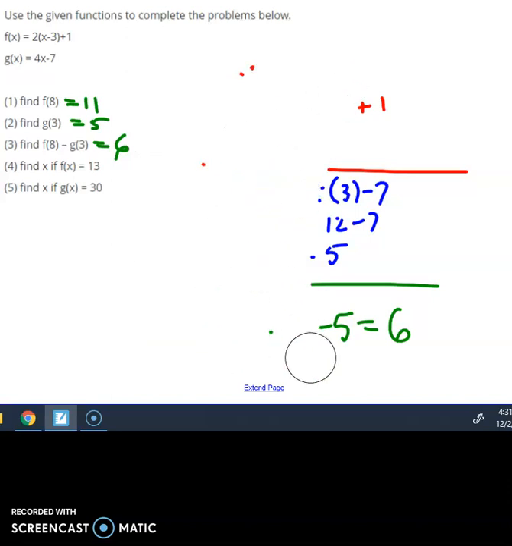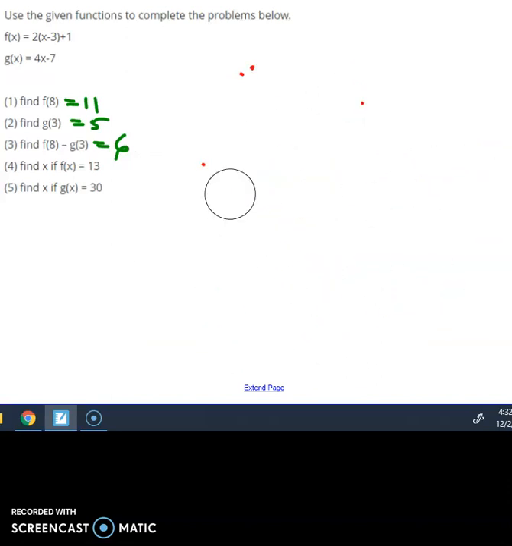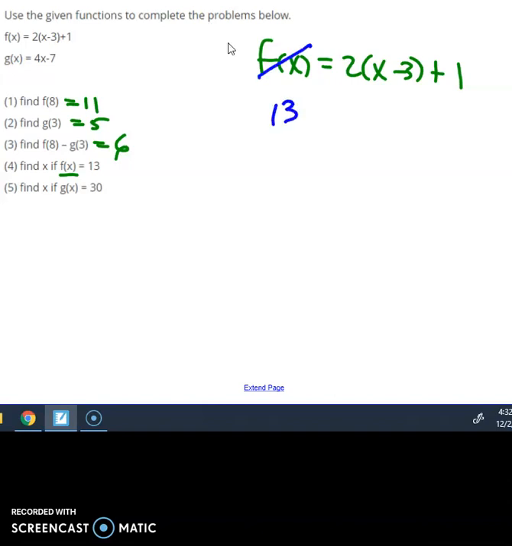In the fourth problem, this is where a lot of you wanted to replace the x with 13, but they're actually saying if the answer, f of x is 13, what's the value of x? So going back to the first function, if f of x is equal to 2 times the quantity of x minus 3 plus 1, we're going to replace the f of x with 13, and we're going to solve this equation